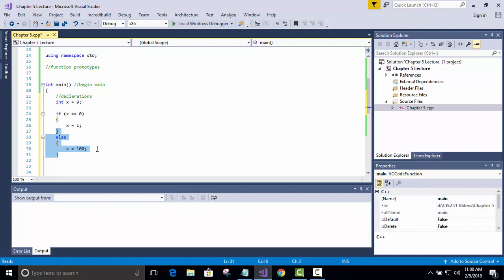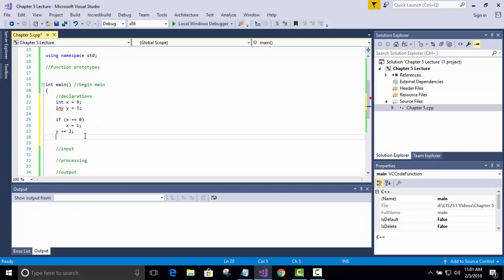Let me fix this here real quick. Say the person wants to have 2 lines of code associated with this if here. And let me declare another variable quickly here. All right. And what you'll see is this. Let's do this plus equals 1. Now it's trying to tell you that this line of code is not associated with this if because there's no